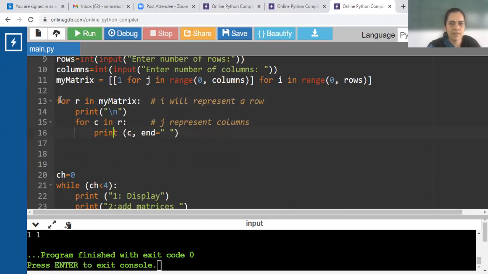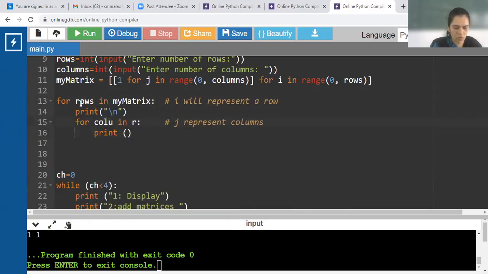And here, time being. Okay, this must be rows. Now we have used proper variables and columns.